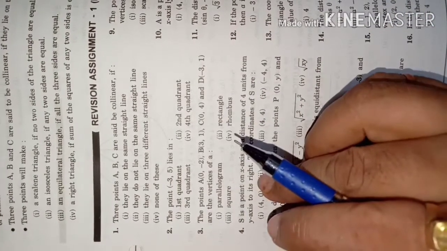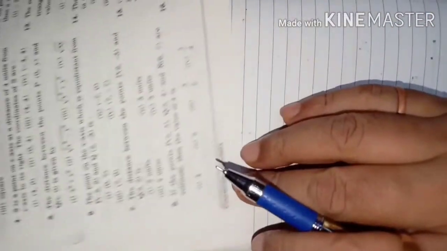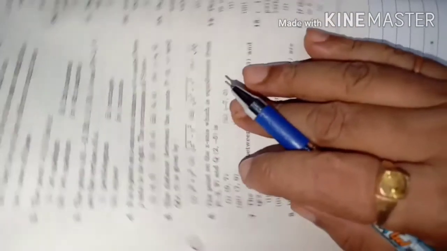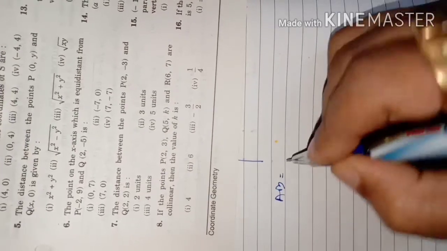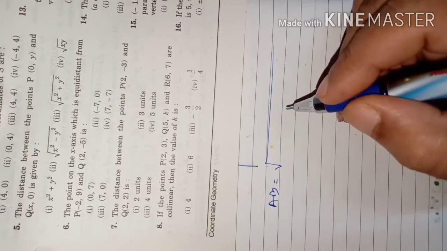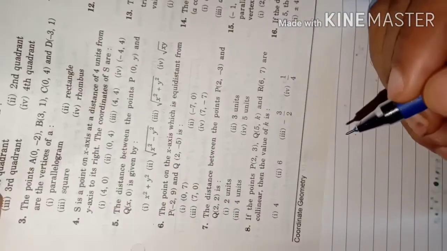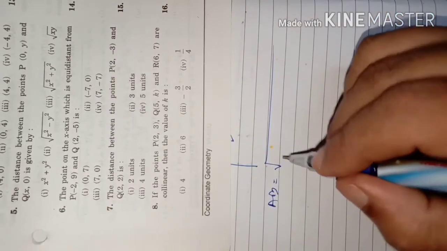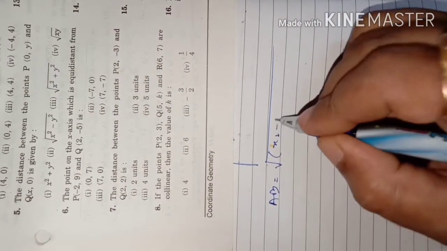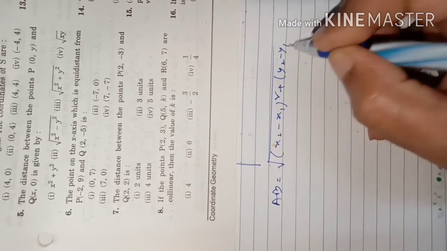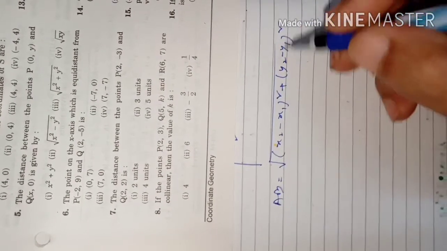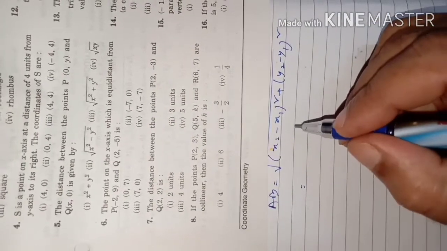Are you understanding, students? I have said in very short steps how to know the answer correctly. I am saying that you should have the distance formula in your mind now. You need to be a little fast, because these are MCQ questions, so here we don't have much time to spend. The distance formula is what? The square root of (x2 minus x1) the whole square plus (y2 minus y1) the whole square.